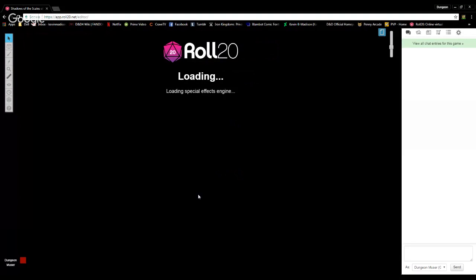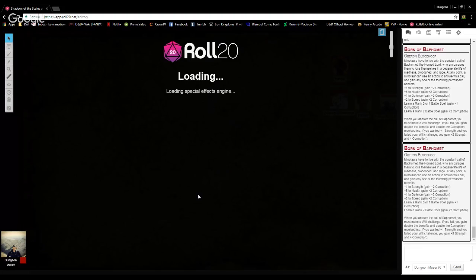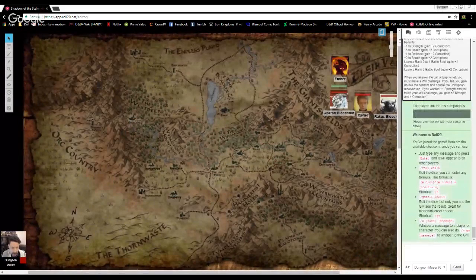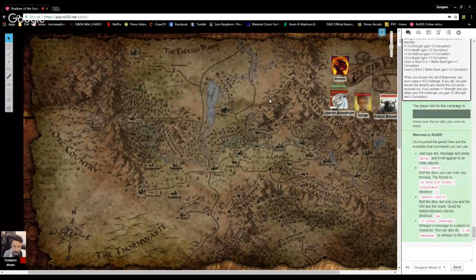So this was originally published for D&D 4th edition, and I was a very big fan of 4th edition when it was in print. I got to read the Scales of War campaign as it was published, and in particular the first 6 adventures I really, really enjoyed, including the second adventure, which was called The Siege of Bordrin's Watch, which was written by Robert Schwab, the author of Shadow of the Demon Lord.